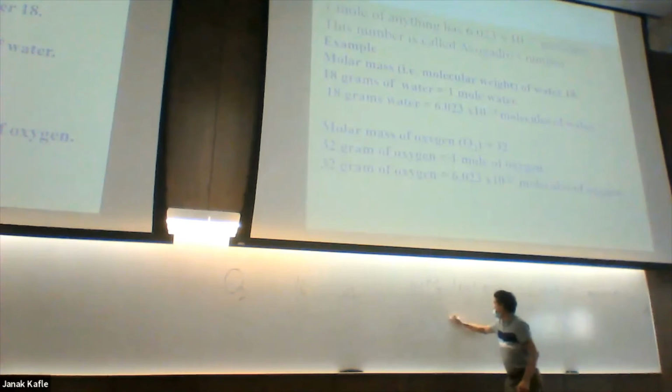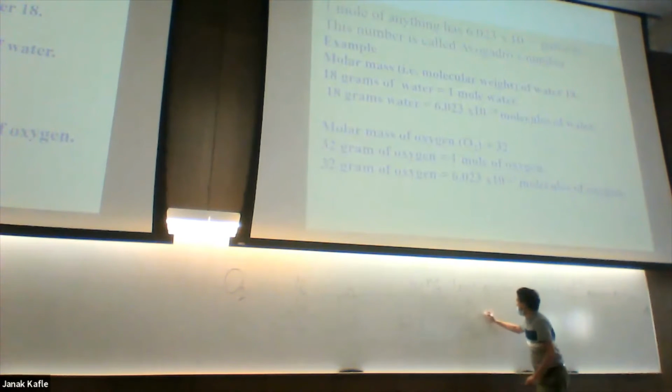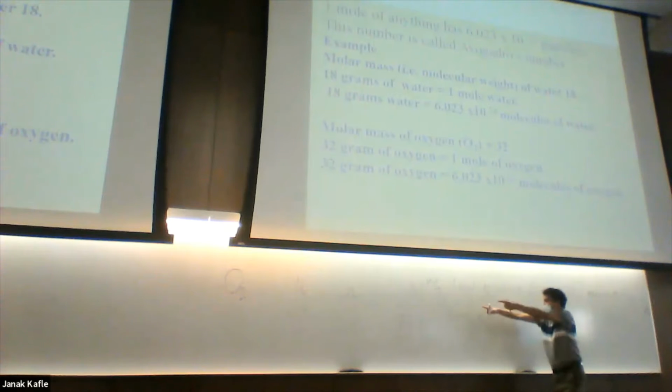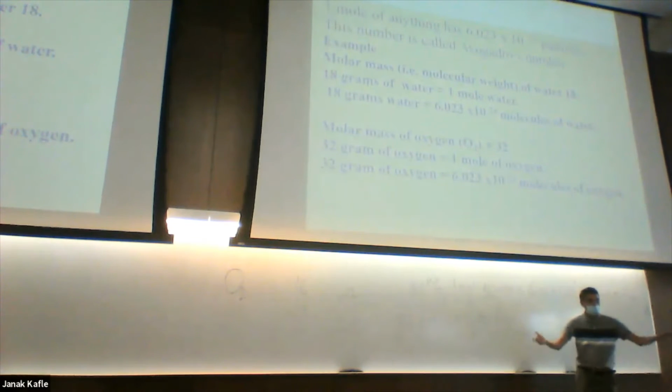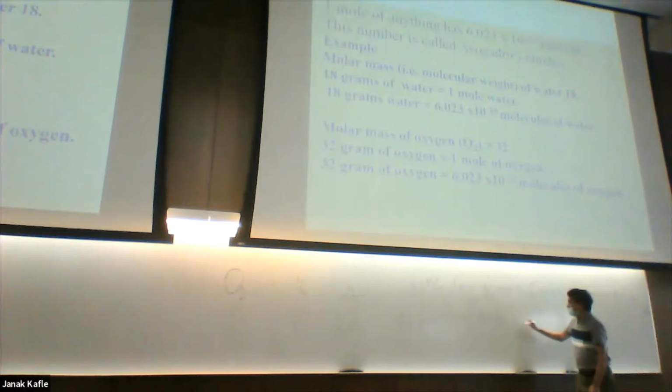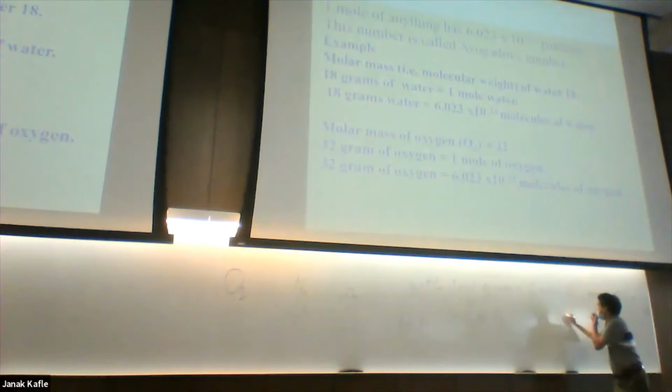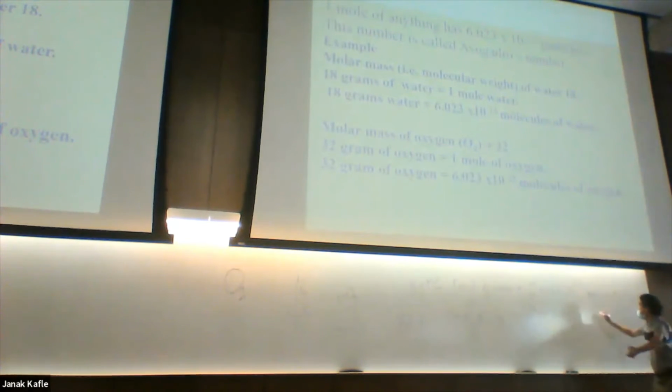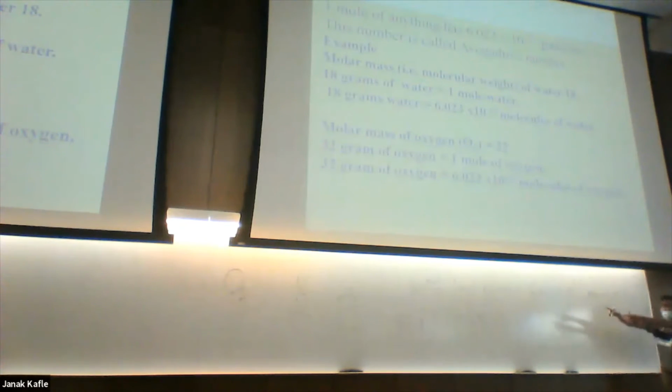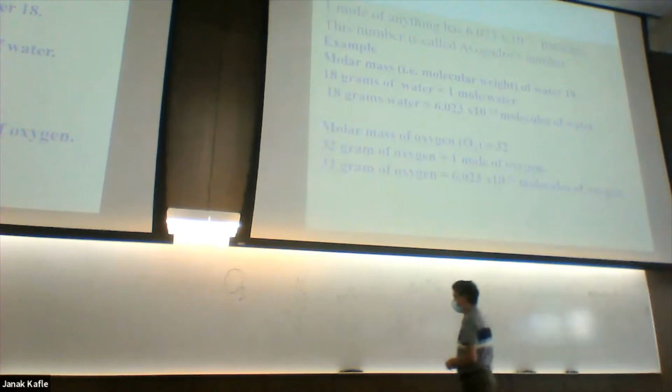Or I can also say I have 1 mole of O2 there, because it is equal to the molar mass, right? Or I could say I have 6.023 multiplied by 10 to the power 23 molecules of oxygen in that bottle. Easy? Everybody got it? So you will see this kind of thing in homework. So let's do